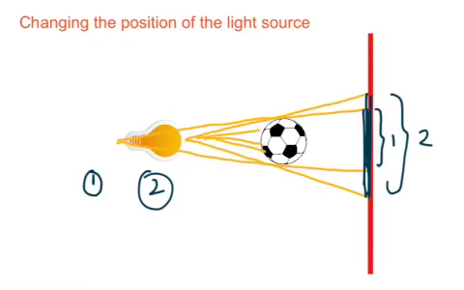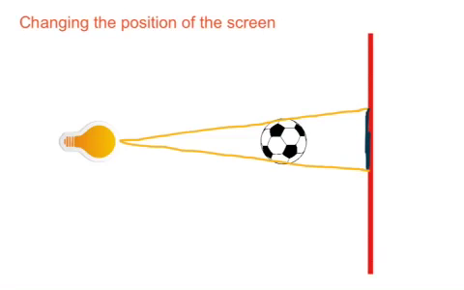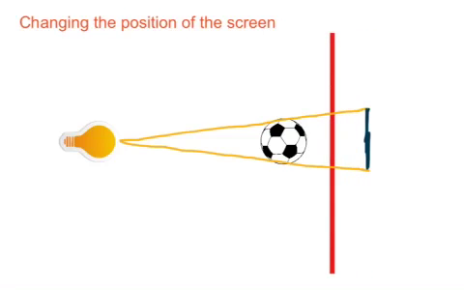And finally, we can also move the screen. If we keep the ball and the light bulb fixed, then what we have here is a shadow on the screen like this. Let me draw the shadow. And now what happens if I were to move the screen? If I were to move the screen closer to the ball, you can see that the shadow actually becomes